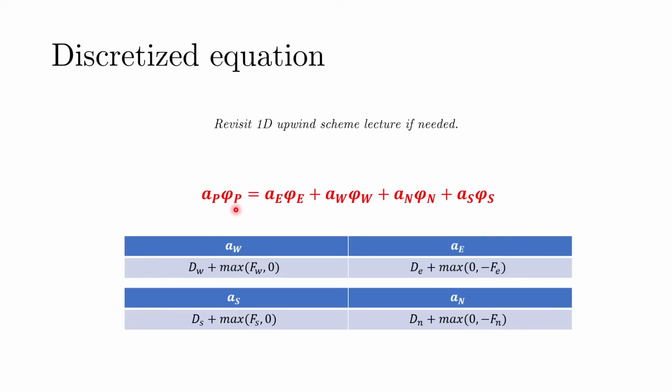And similarly, if I am looking at the vertical direction, then AS is the negative point and AN is the forward or the positive point, and that is why you can have this kind of comparison between the two. And to lead this further, if you have a 3D system, then the point on the top and the point on the bottom can be treated in the same way. That is, the bottom point would look similar to the south and the west point, and the top point would look similar to the east and the north point.